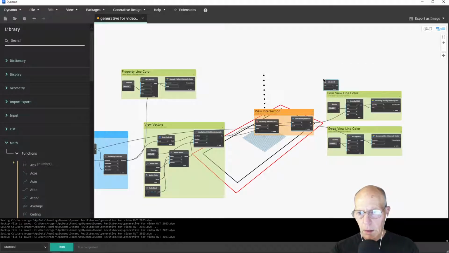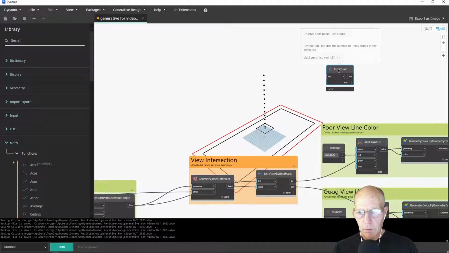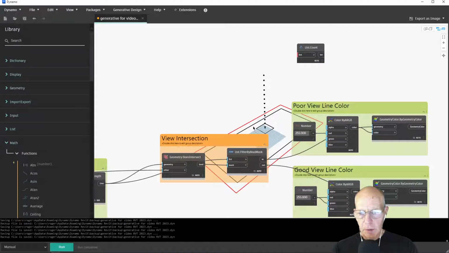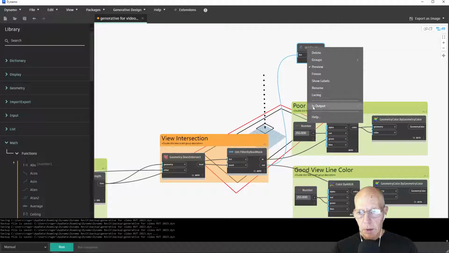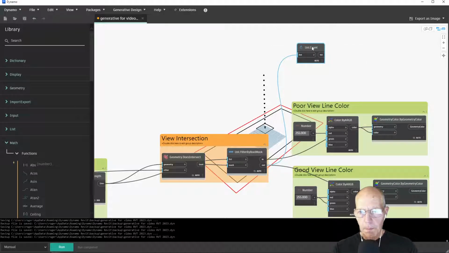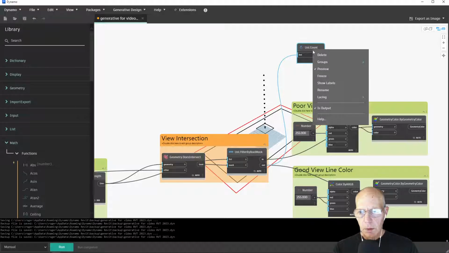I want to just put this in as our output. This is, if I was to get in this close and roll over it and see if it'll give us, it returns the number of items stored in a given list. So this is like the number of views. So we have that idea that we have good views is the output of here. I'm going to plug that into here, and I'm going to make the list count be an output. And instead of using these color ones, I'm going to rename this